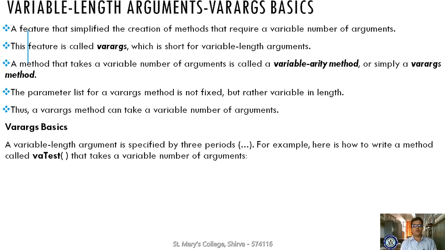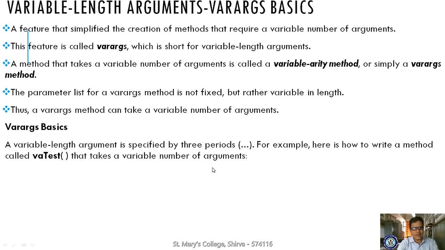This feature is available in Java. So by using var_args, you can pass any number of arguments to a method. According to that method call, it will take the parameters as n numbers. So how to identify variable length arguments? In your method, if it consists of 3 dots, then it is a var_args method. Variable length arguments.